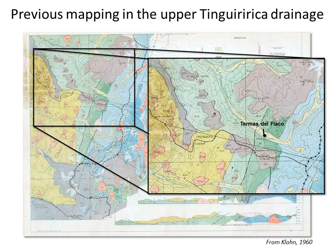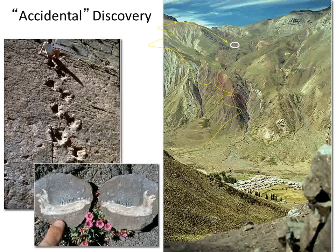And yeah, he mapped the Abanico Formation as these green units here. But interestingly, he also mapped the Farallones Formation as this yellow unit that no one else has mapped since him. Anyway, he kind of followed suit with Darwin and assigned a Cretaceous age to the Abanico Formation in this region. And then after Klohn, as far as I can tell, there wasn't really much mapping done until my advisor, one